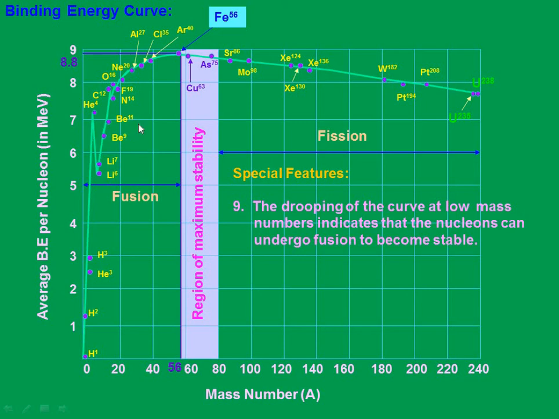So in both regions I am speaking about, they will go for fusion in one and fission in the other. You can ask me, sir, why they can't go for fission? Because there is already a very small atomic mass number and further division is not at all possible, while here the mass number is very high. It's a very heavy, huge nucleus, so there is a possibility that it can be divided, while on the left hand side they are already small nuclei, so there is no possibility of further division. Are we clear with this?